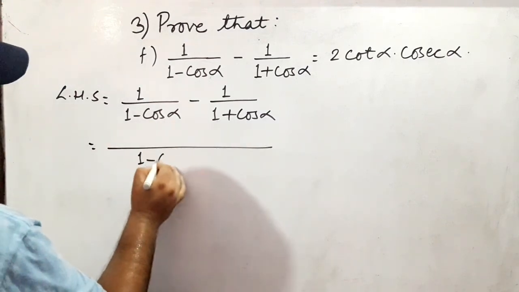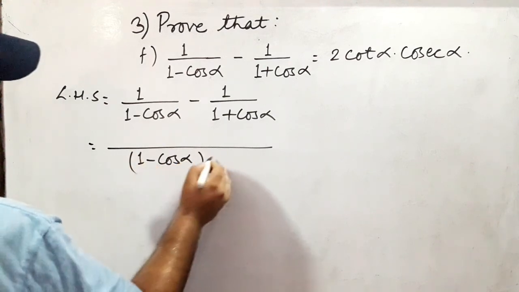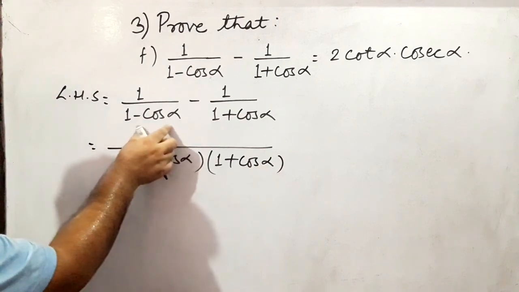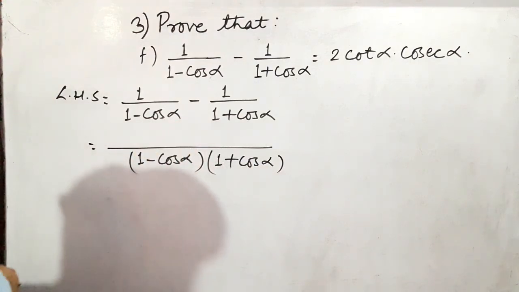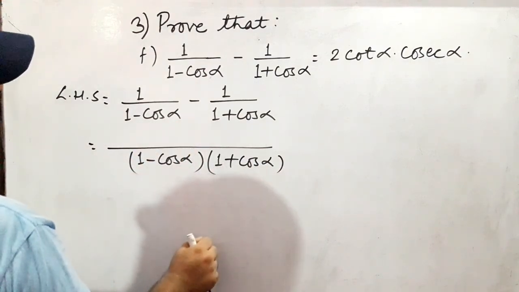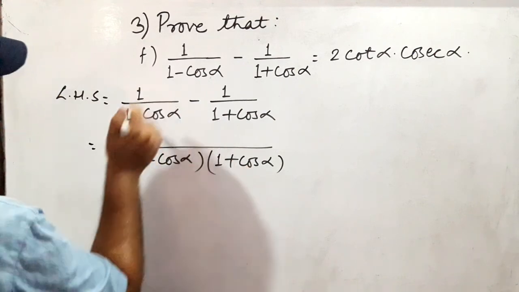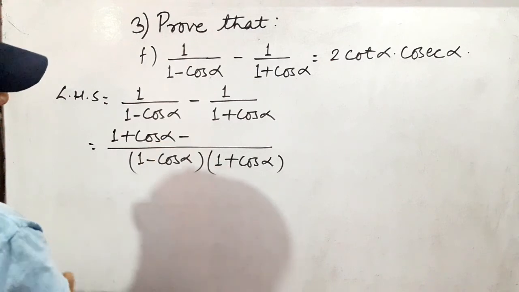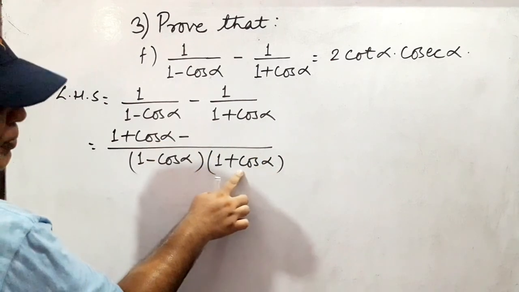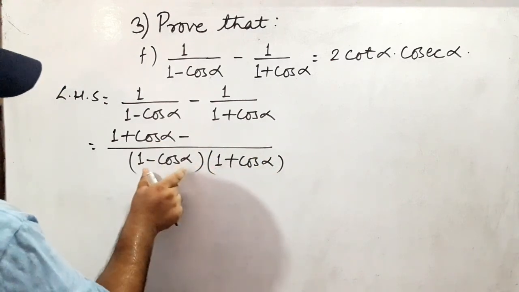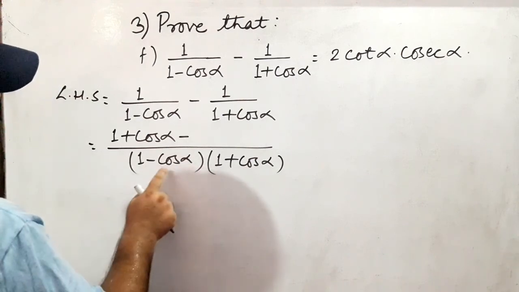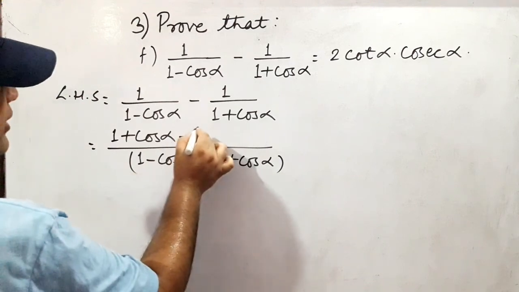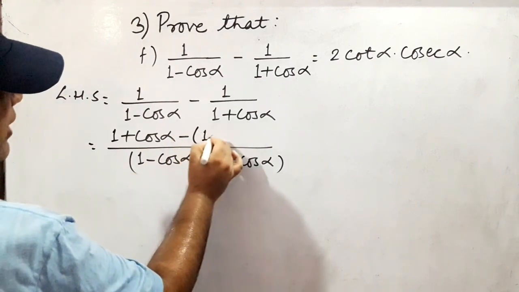So 1 minus cos alpha into 1 plus cos alpha. 1 minus cos alpha and 1 minus cos alpha, they get cancelled. The remaining expression is 1 plus cos alpha, 1 plus cos alpha into 1 plus cos alpha minus 1 plus cos alpha and 1 plus cos alpha, they get cancelled. The remaining expression is 1 minus cos alpha. So 1 minus cos alpha into 1 will be 1 minus cos alpha, and I have to write this in bracket. So 1 minus cos alpha